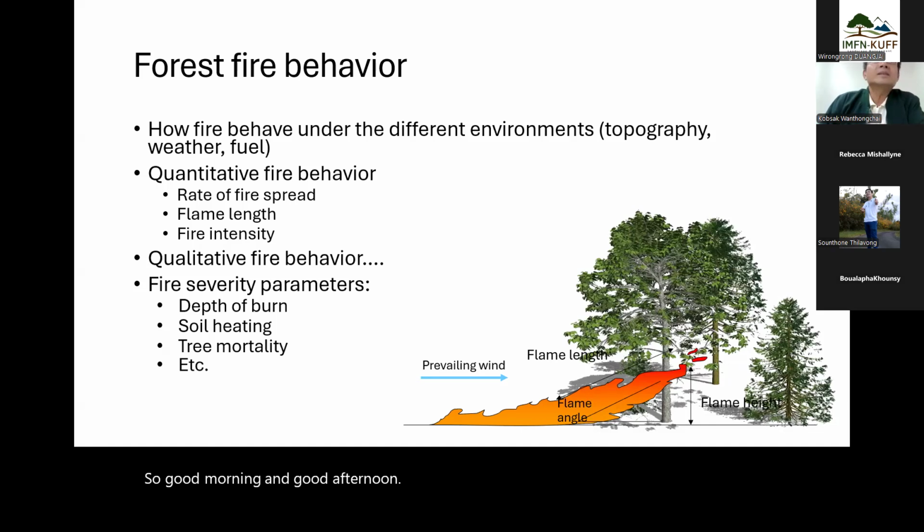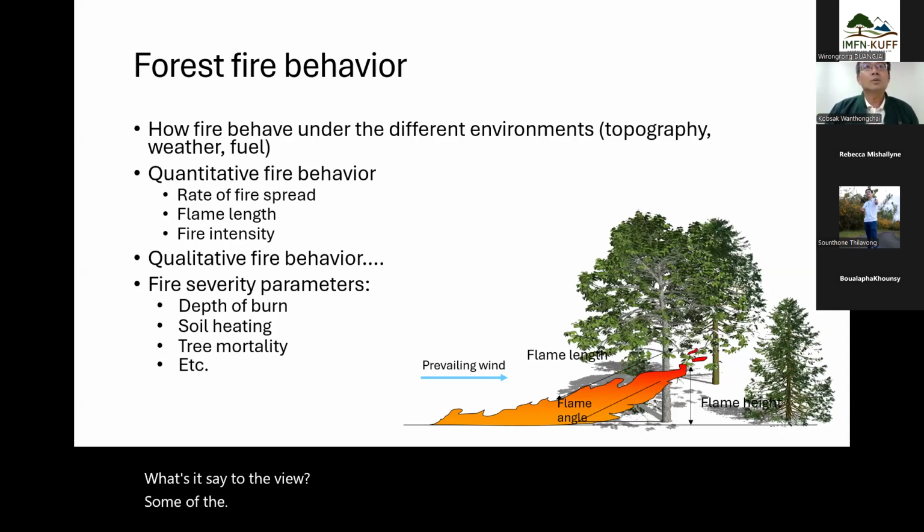So today is the second day of the forest fire management course. Yesterday we introduced the course outline, right? That is what we are going to do during the three weeks. And yesterday we started to review some of the